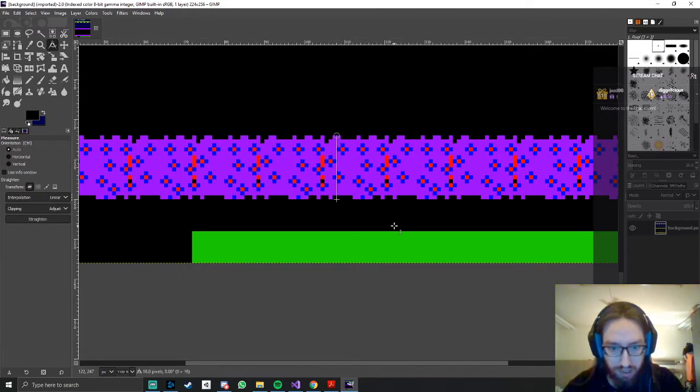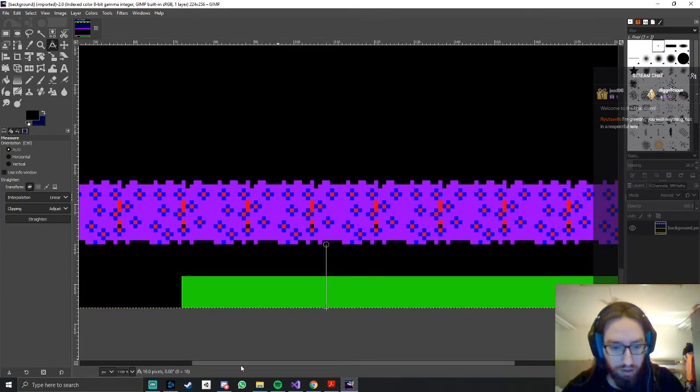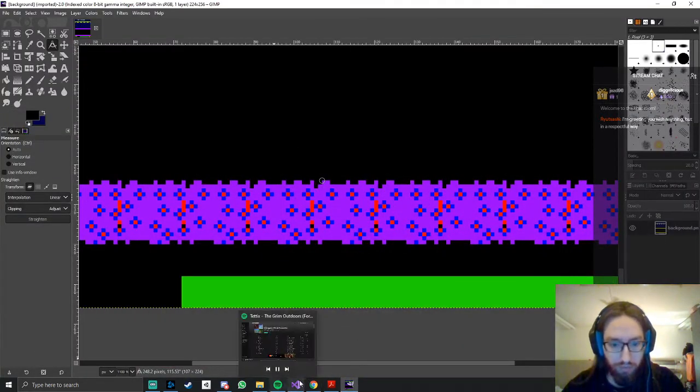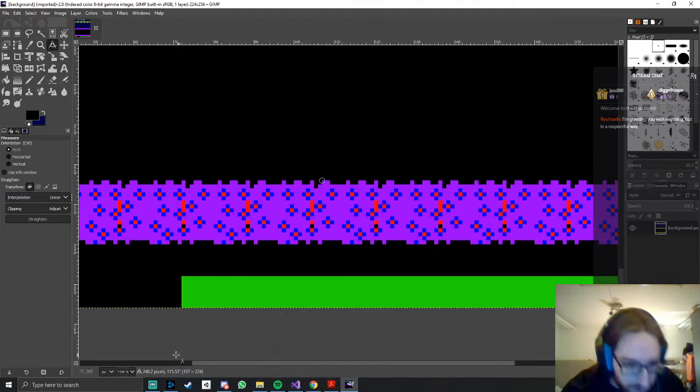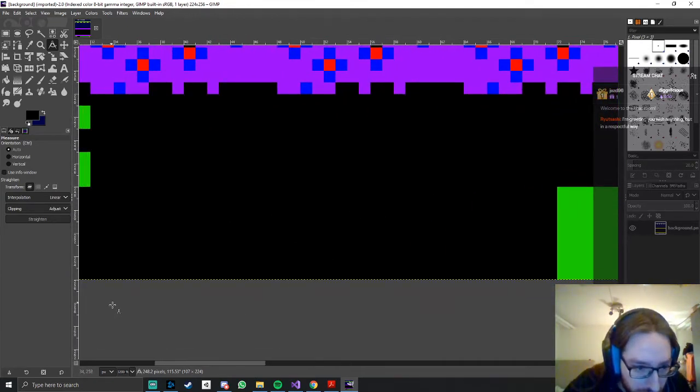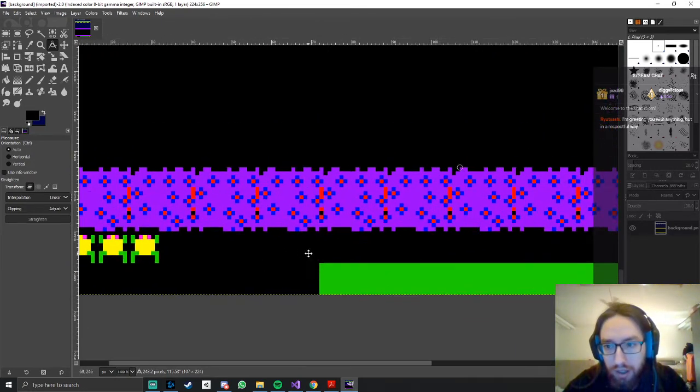How many pixels high is this? That is 16 pixels high. Alright, so this is also 16 pixels high, meaning we want the frog to appear exactly here. Alright. Yeah, I think that'll work. So basically, if this is 256 pixels high,